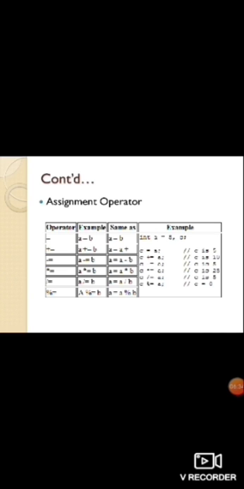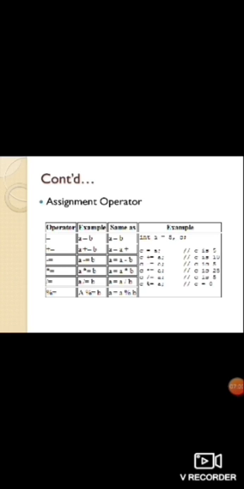Next statement is c star equal to a, that means c equal to c star a. As the recent value of c is 5 as well as the value of a is 5, 5 star 5 means 25 is assigned to c. Now c divided equal to a, that means c equal to c divided by a.